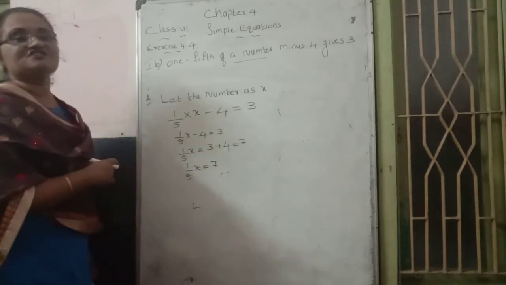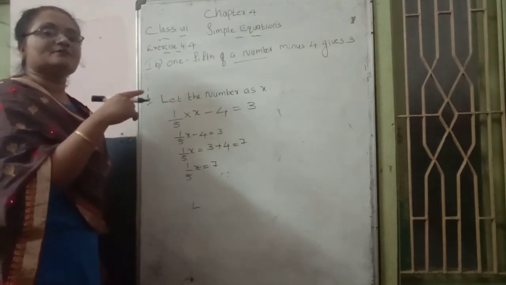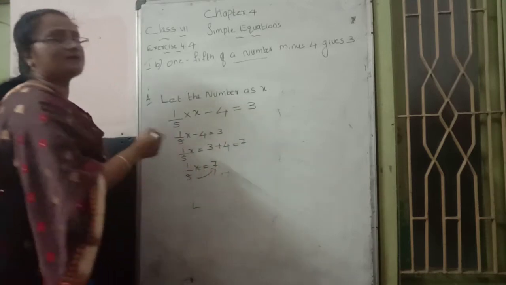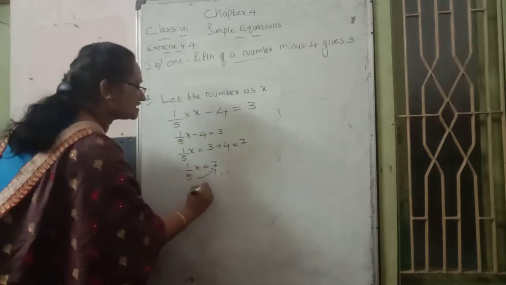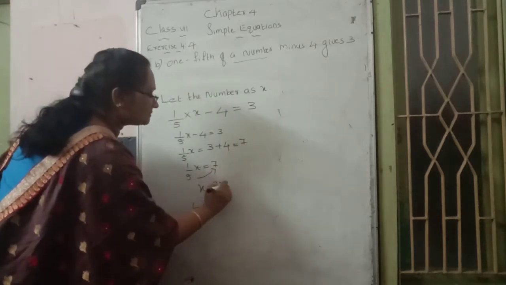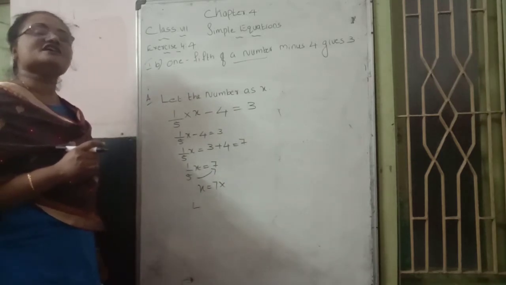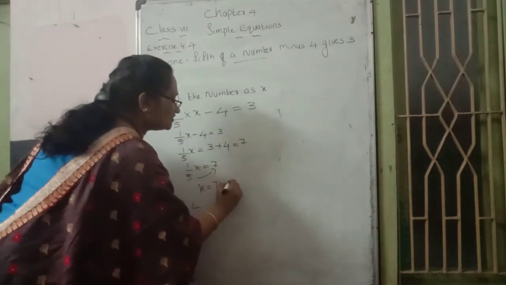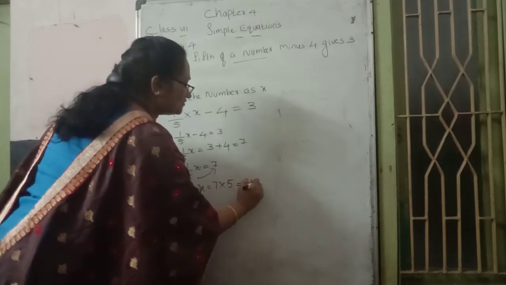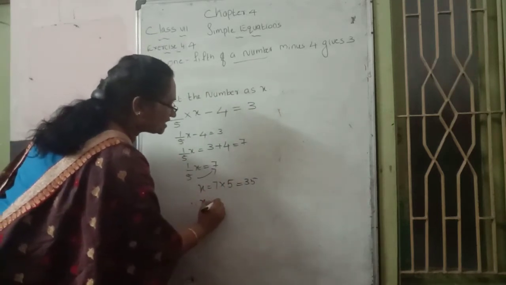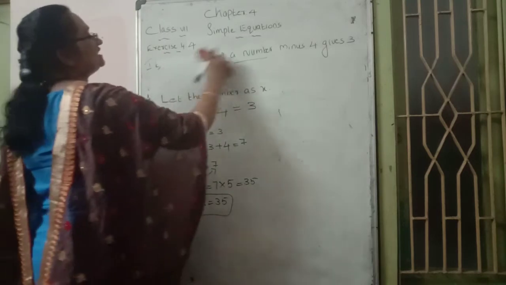So 1/5 x value becomes 7. Last class we learned, if a denominator is any number, it goes to the opposite side, cross multiplied. Or 1 by 5 is a fractional number, take the reciprocal and multiply. So x value becomes how much? 7 already there, multiplied with the reciprocal of 1 by 5. 1 by 5 reciprocal becomes how much? 5 by 1. Denominator 1 means leave it, 5. So x equals 7 into 5, which becomes 35. So clearly we can write x value is 35 is the answer. I hope you can understand the B question.